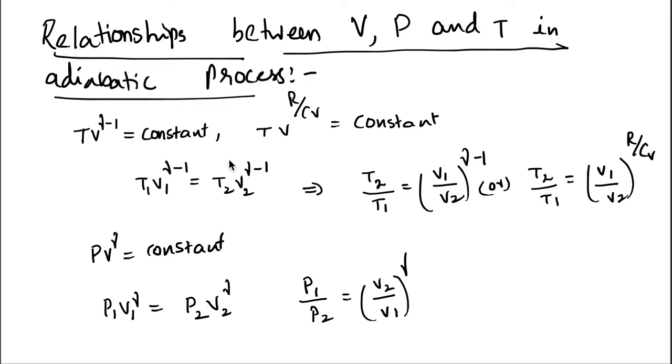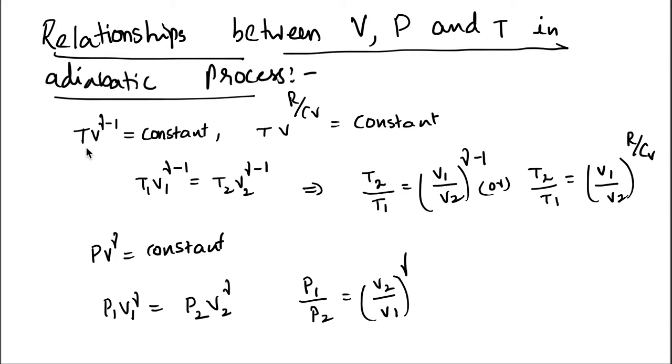exclusively on temperature. It doesn't depend on volume and pressure. Basically what we can say here is that enthalpy and internal energy are purely functions of temperature. That also we will prove in this lesson. Now the first thing in this class is finding the relationship between pressure and temperature in the adiabatic process.